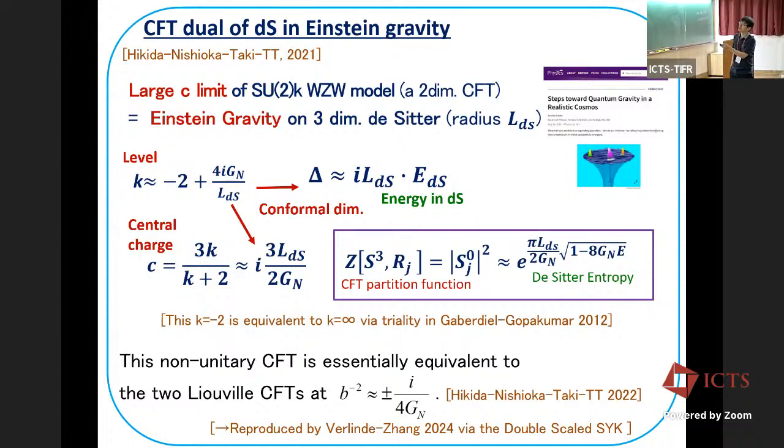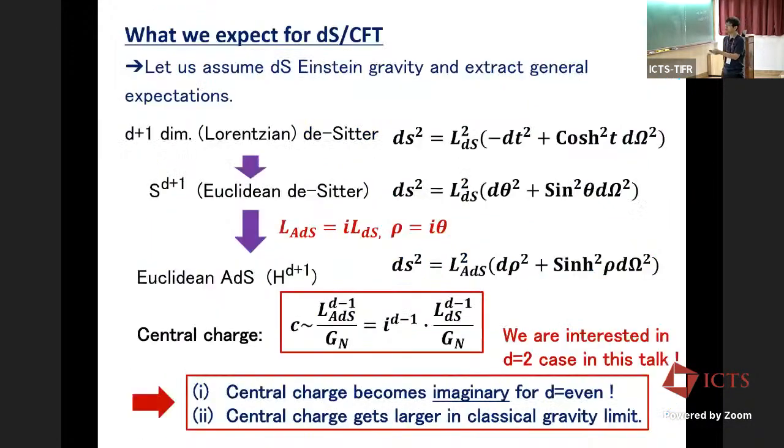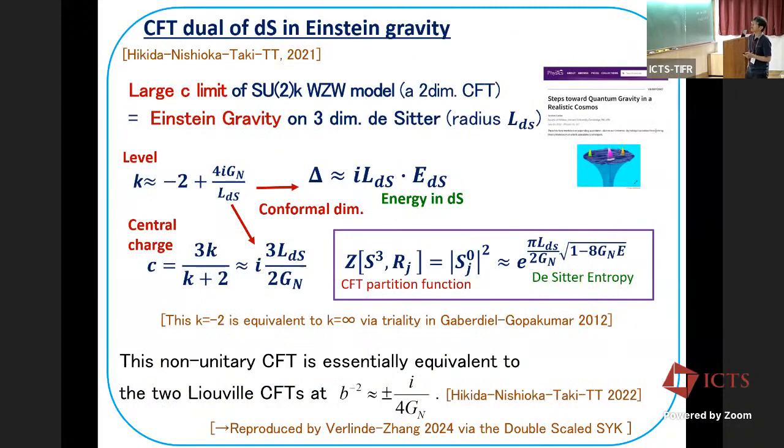So that turns out to be Newton constant divided by dS radius times i, which also appears here. This i is very important. And then the central charge obviously becomes the imaginary value. And this part looks like Brown-Henneaux central charge. So this basically agrees with this expectation. So in that case, assuming this relation, we can actually evaluate the partition function of